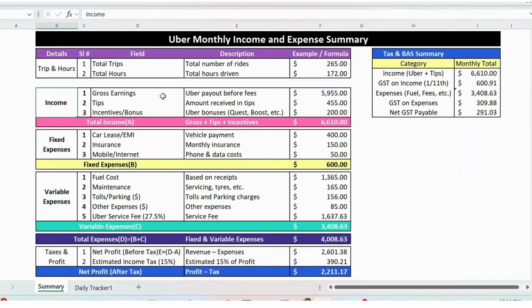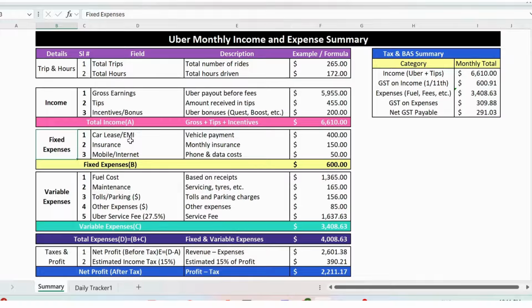Now the income, so you have Uber payout before fees, that is 5955, and the tips you have 455, and the bonus or incentive which you can directly update here. So this will give you the total income for the month, that is 6610.